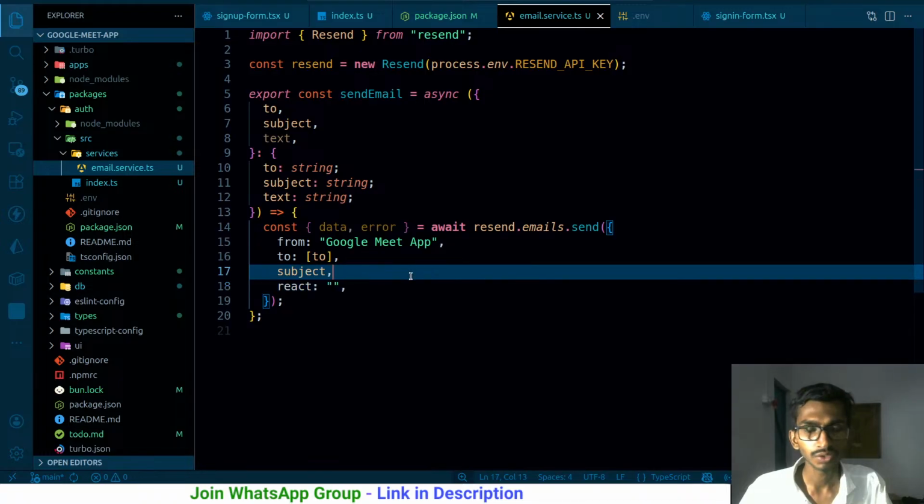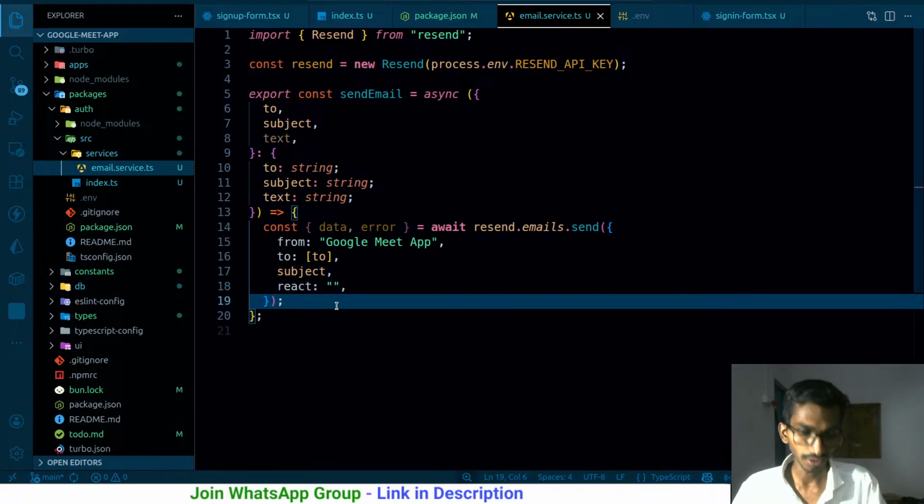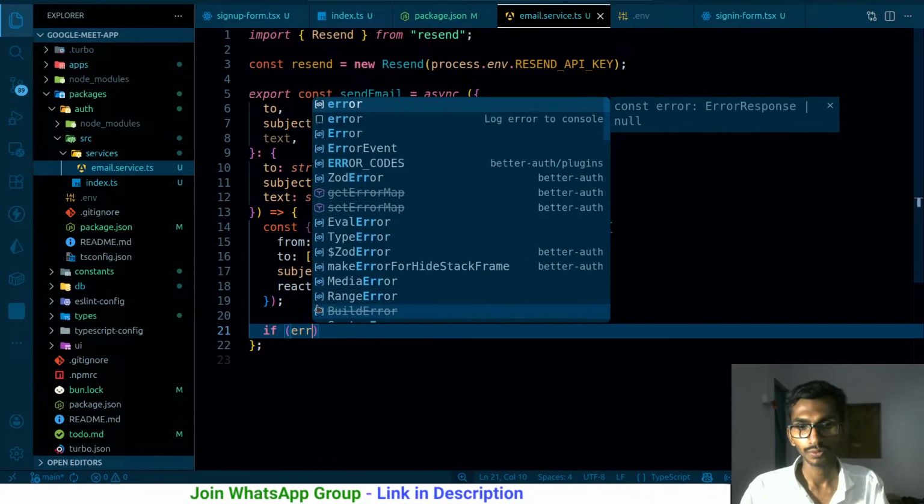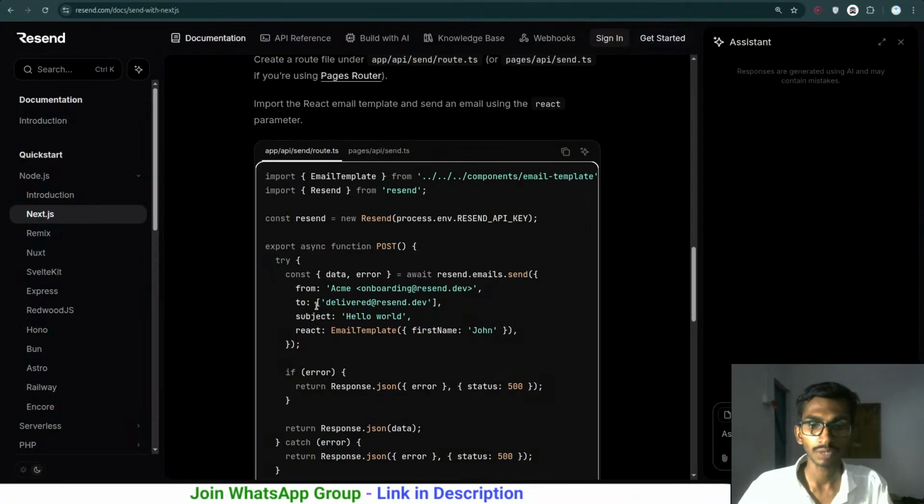React is gonna be this normal. Okay, let's think of it like this. There is no template as such right now. Later we can definitely create this. If there are any errors, so if error, in that case what will I do? I'm gonna be copying and return response.json